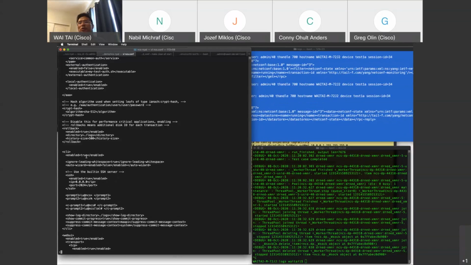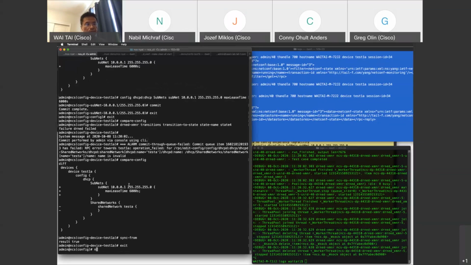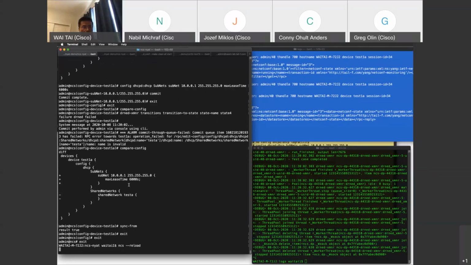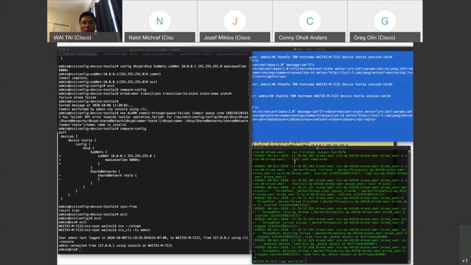This will allow me to easily copy and paste into the CLI session. So after I updated that, NCS reload. Oh, there's one. Let me do it here. Okay. So now that we've taken care of that,